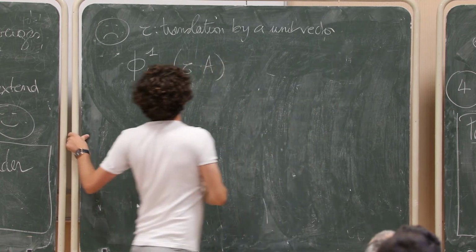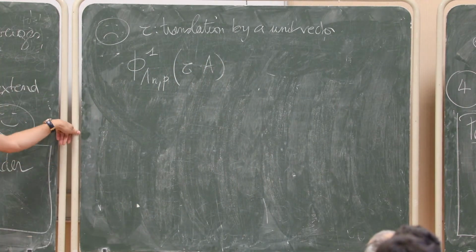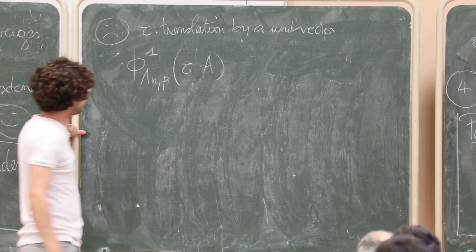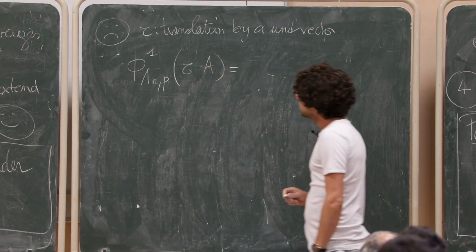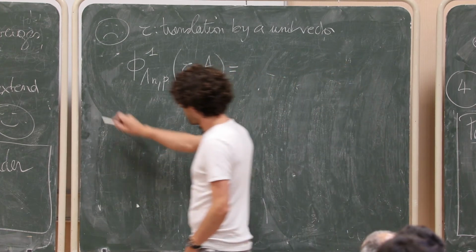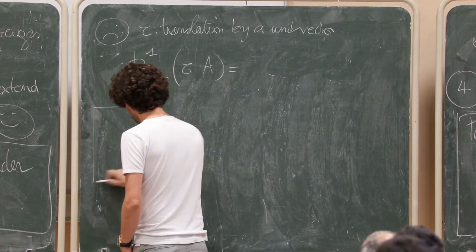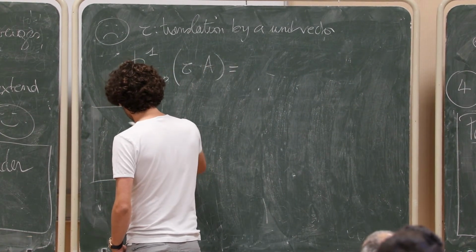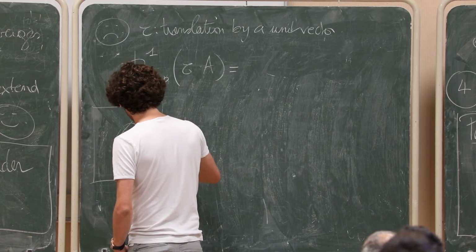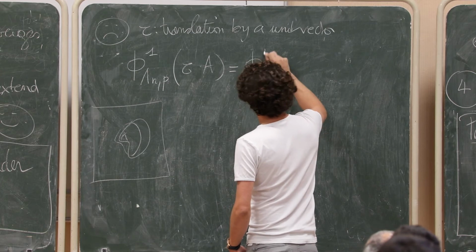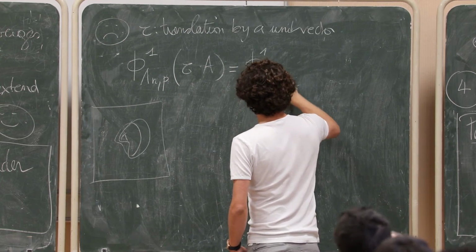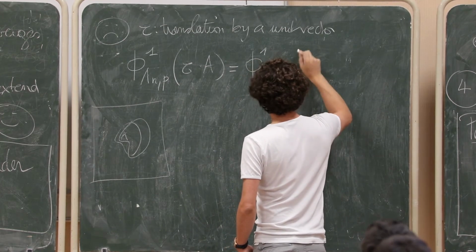If I can do it for translation by any unit vector, I just have it by composition for every translation. And if I am in finite volume and I'm looking at the translate of my event A, then it's really exactly the same as looking in tau lambda n p